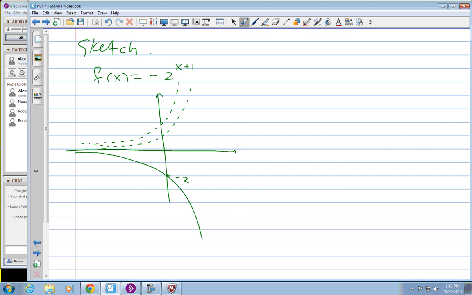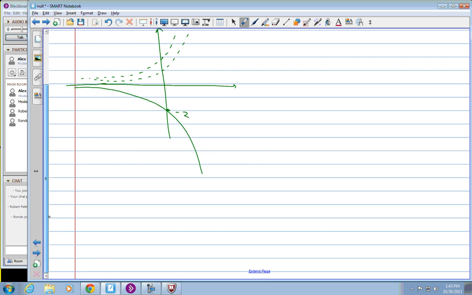But it still has a horizontal asymptote at the x-axis because we haven't moved up or down. We just flipped. So in order to figure out how you have to shift it left or right, you have to find y. That will help because that's easy to do, right? You just plug in 0. Okay? If I do this example,